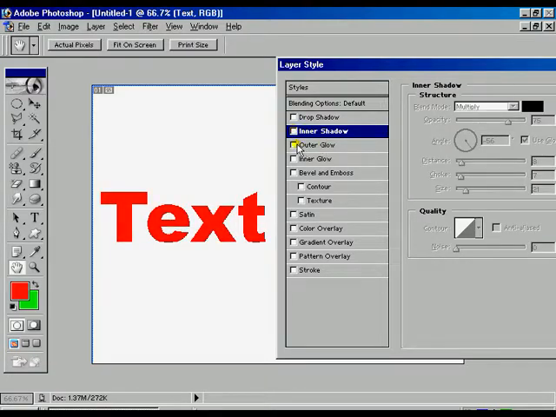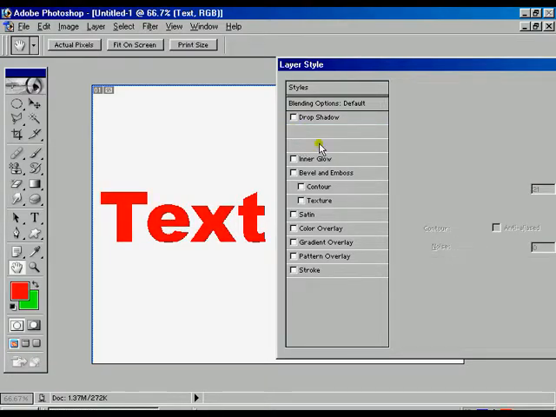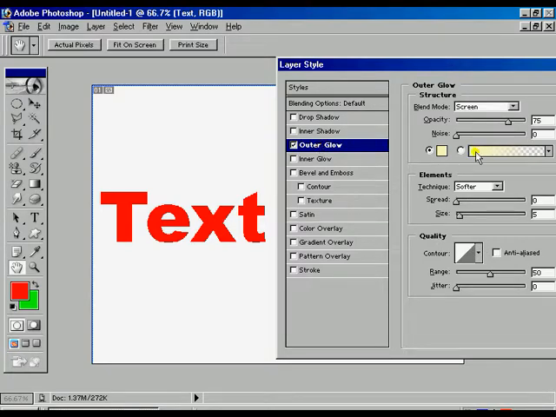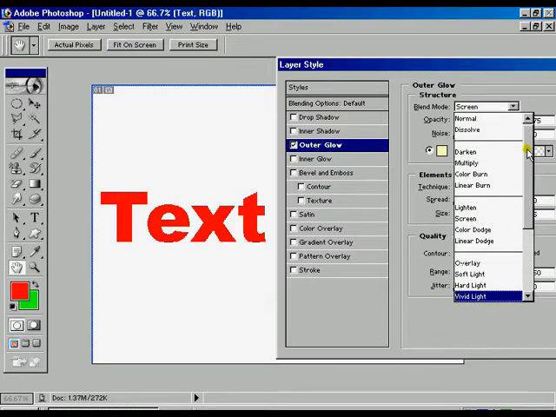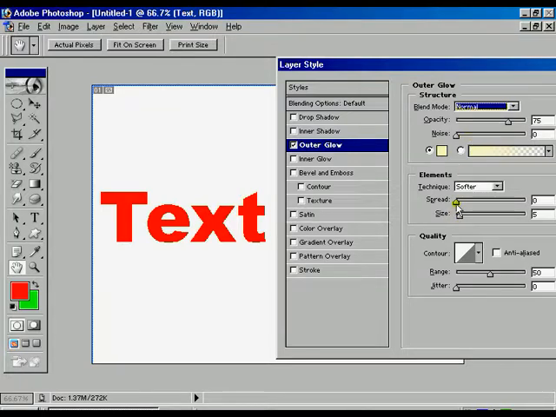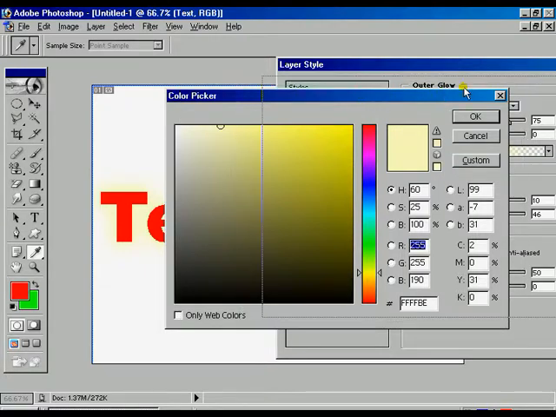Now we are going to turn off the inner shadow and activate the outer glow. Outer glow is just glowing the text, but it has to be in normal mode, then we can see properly what the glowing effect is. We can increase the size and spread it, and we can change the color from the color palettes.